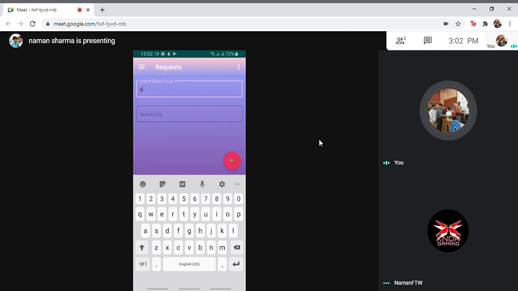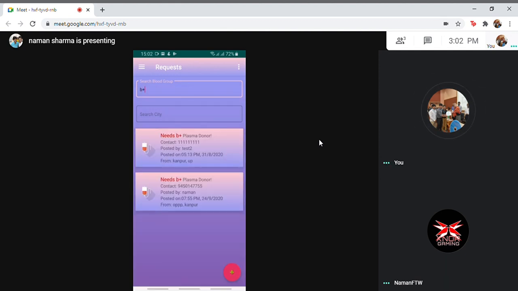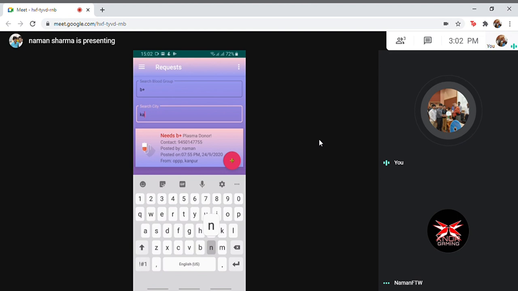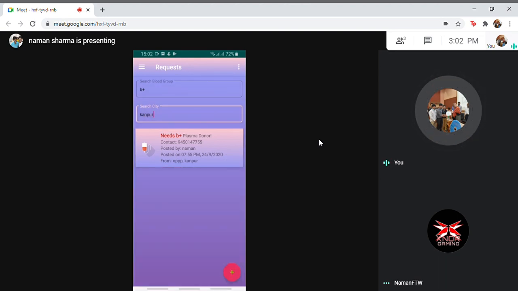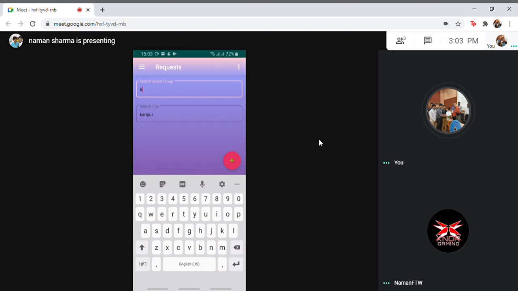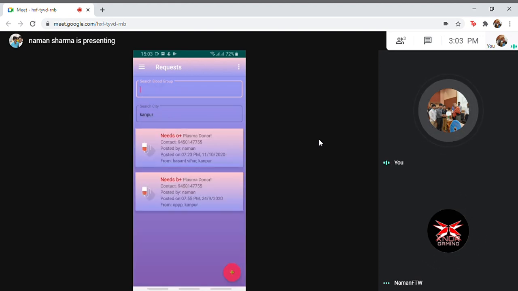We can also filter these requests according to the blood group, as seen according to all the requests of B positive blood, and then by the city. So these are all the requests for B positive blood in Kanpur, and also only by the city as well. So these are all the requests for blood in Kanpur.